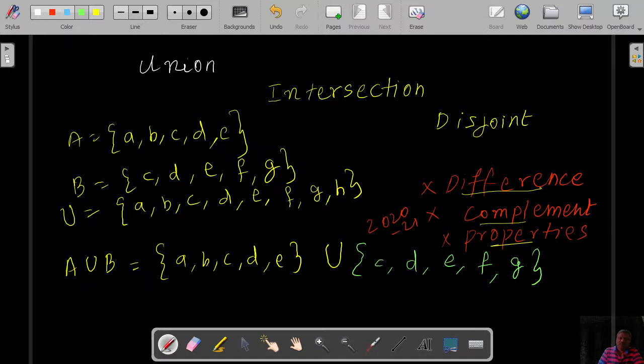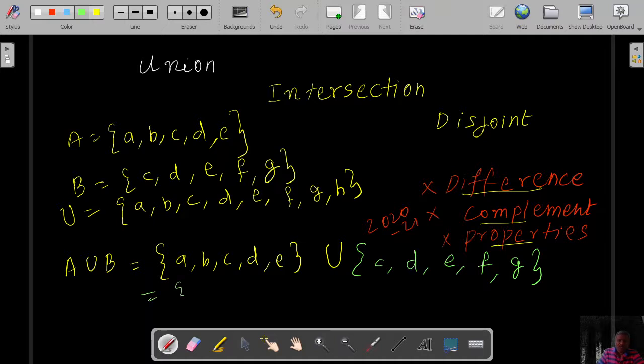So what are those elements? It will be of three categories. One is it is there only in A, or it is there only in B, or it is there in both. This is what we will actually be using in the case of doing problems. While doing problems, there may be questions on this. There are two types of people. Somebody is drinking only tea. Few members are drinking only tea. Few members are drinking only coffee, and some are drinking both. So finally, after giving so much of the universal set and other things, they will ask you so many questions. So it's very simple to write now.